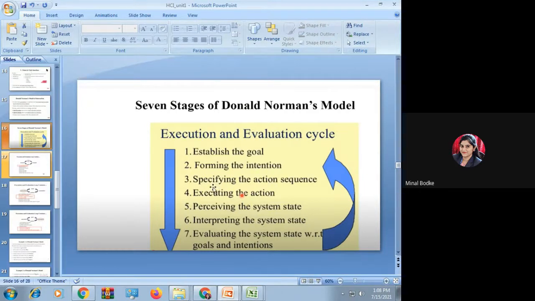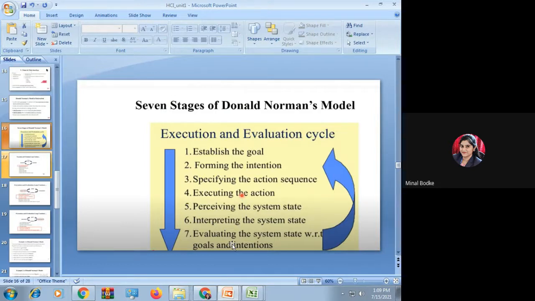Okay. Now what is next step? Specifying the action sequence. Okay. Now you are sitting in the room, you are sitting on the chair, and to read the book, to accomplish this goal, you need the light in the room. Okay. So what is the action you are going to perform? Now what is the action? To make the light on. For example, if you are sitting on the chair, what is the first action you are going to perform? You will stand up from the chair, you will get up first, you will move towards the switch where you can on and off the bulb. Okay. So what is the first step here? You will get up from the chair, you will walk toward the switch. Only those 2 steps you will perform.